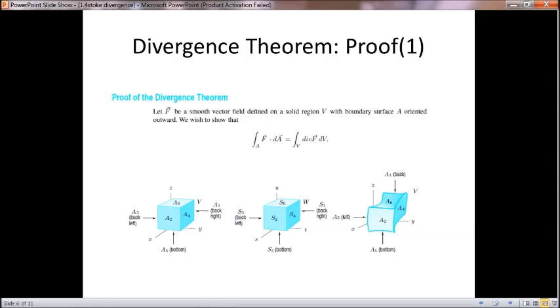Here the force acting on is F over a boundary surface A within a solid region V. Solid region means it's a three-dimensional consideration, so we have to consider the solid region as a volumetric one, V, and it holds different surfaces. As it is a cuboid, 6 faces will be there, so 6 surfaces we have to consider. Those 6 surfaces are given here as boundary surface A, and over this surface we have one smooth vector field acting on, which is given by F vector.